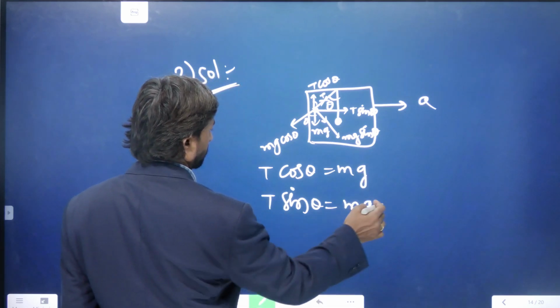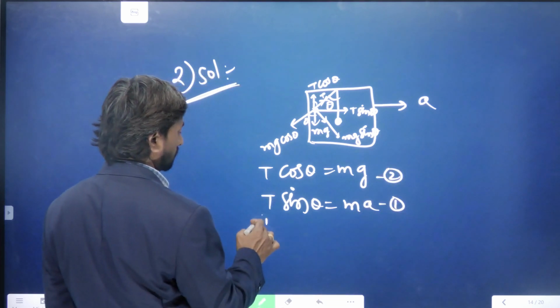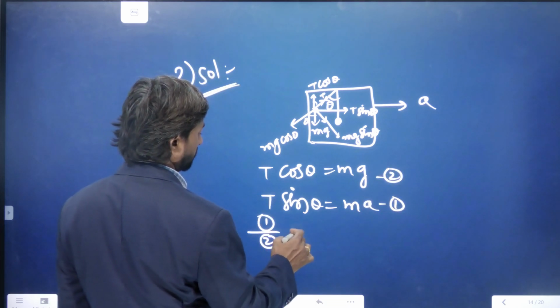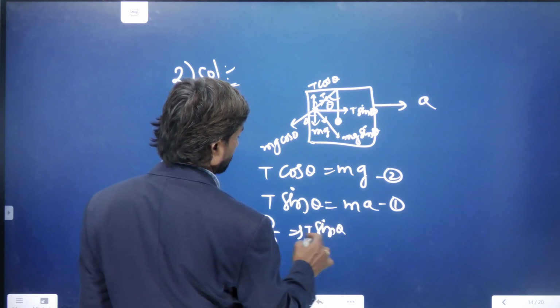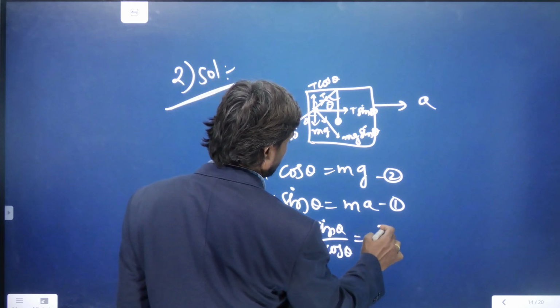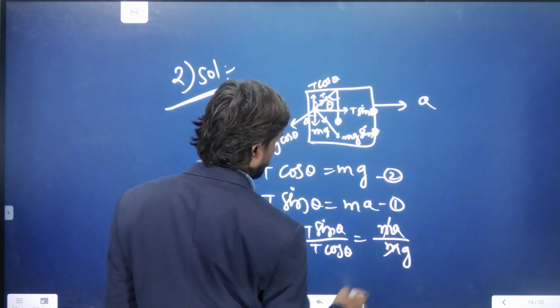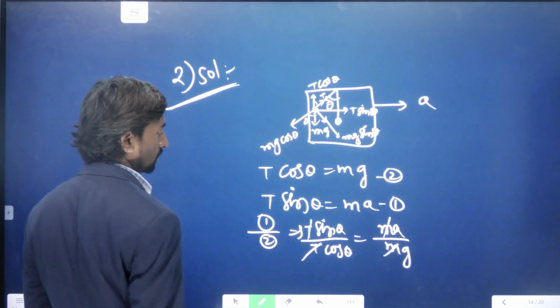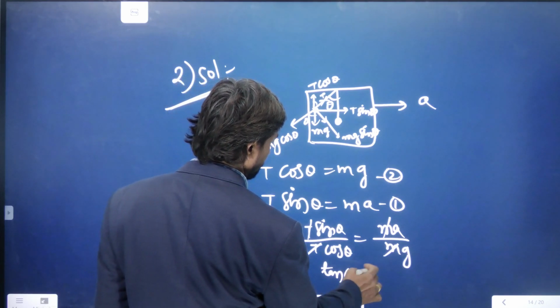Now this is equation 1 and equation 2. If you divide equation 2 by equation 1, we get T sin theta divided by T cos theta equal to ma divided by mg. The m cancels, and T also cancels. So we can write tan theta is equal to a by